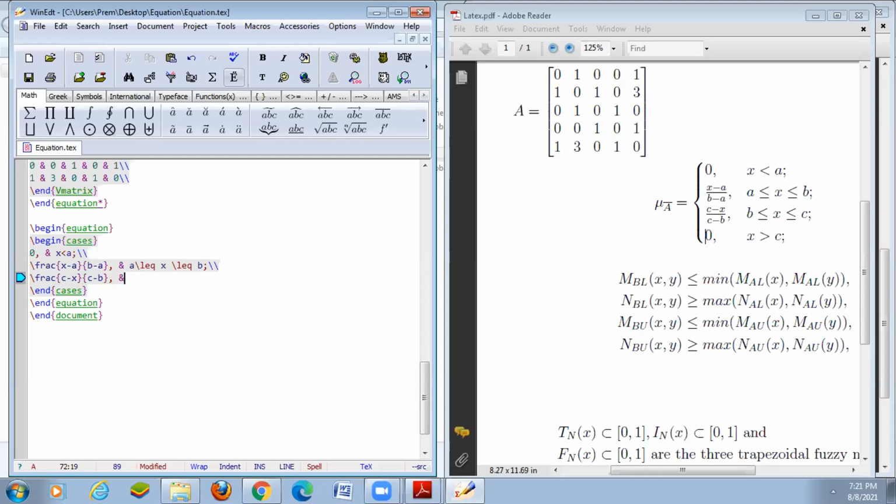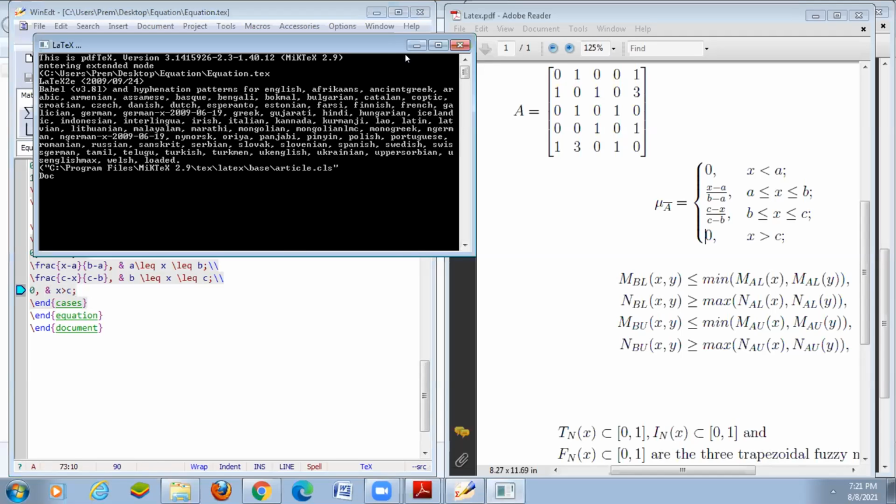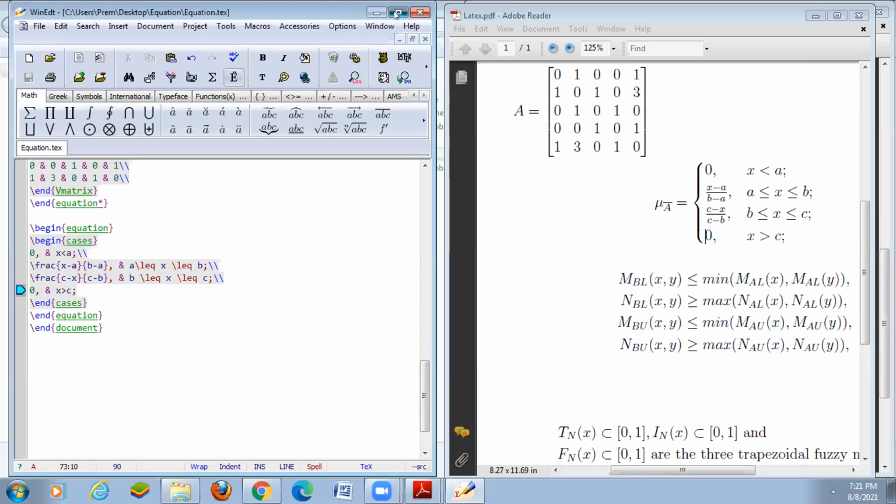Then use the ampersand, b less than or equal to x less than or equal to c. We break the line. At the end the value is 0, use the ampersand, x is greater than c. Okay, now we can save and then compile the program.